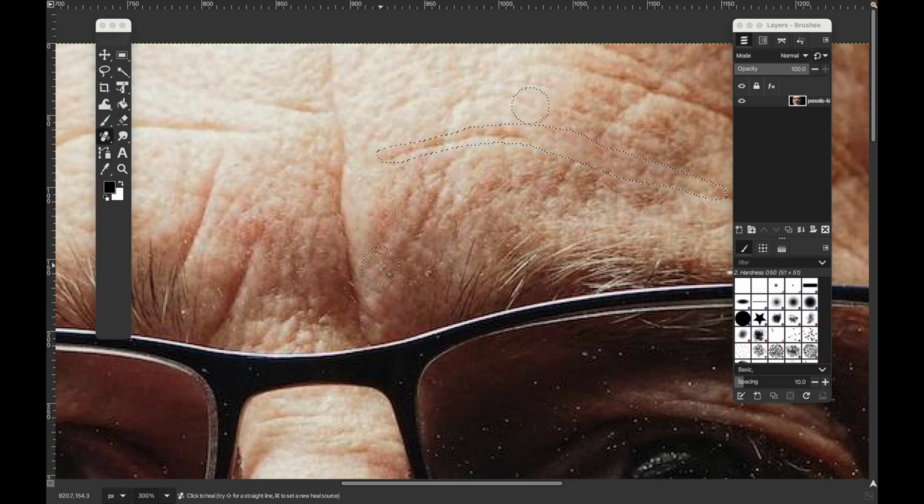So this is an idea of how you can combine the lasso tool with the healing tool to create better editing in terms of removing wrinkles, right? It's not always going to work perfectly, but you could see,